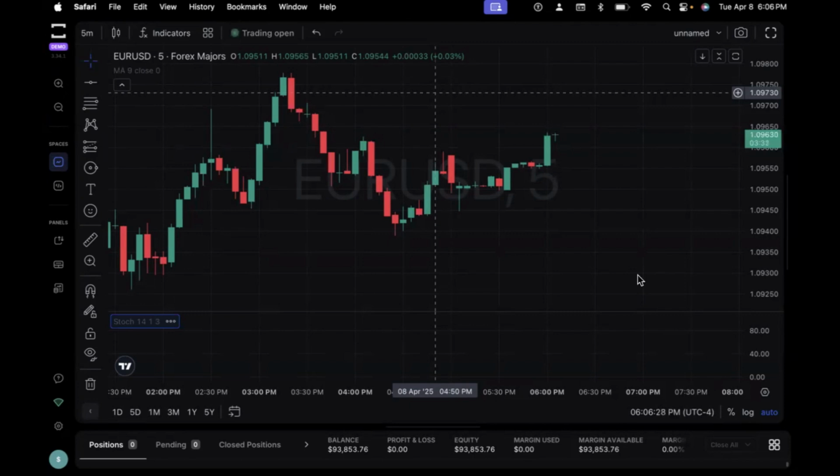Now, this is different from, let's say, intraday trading or swing trading, because in those types of trades, you plan to hold them for a little bit longer, sometimes hours and sometimes days. People are attracted to scalping because you can get your money quicker. You can just sit down in a trading session and make your goal within a couple of minutes